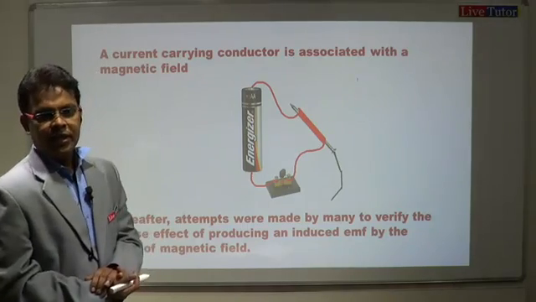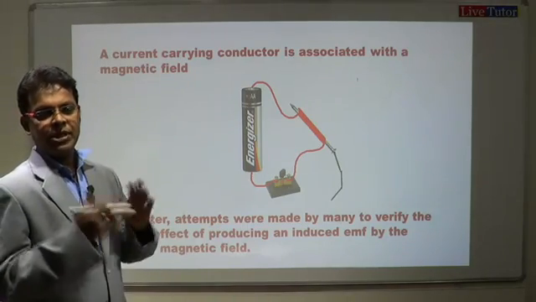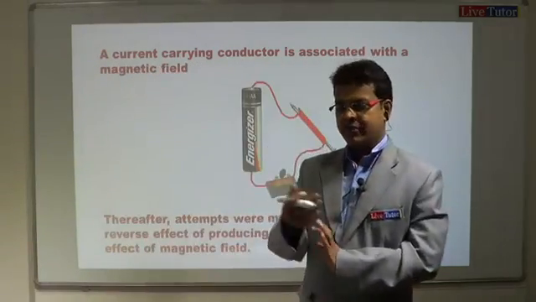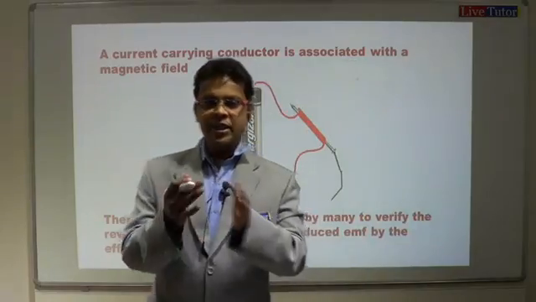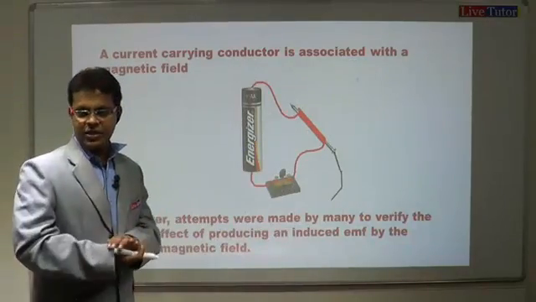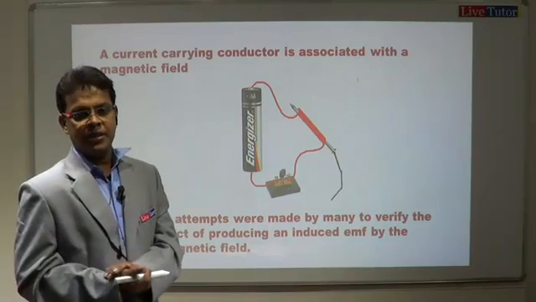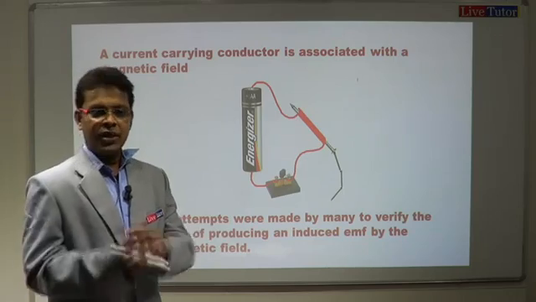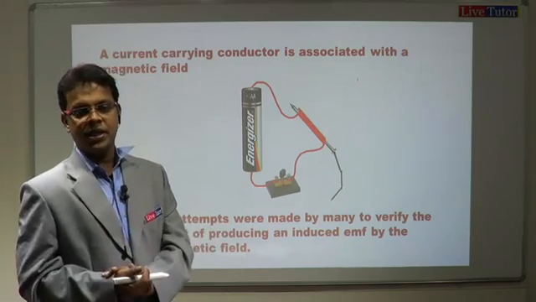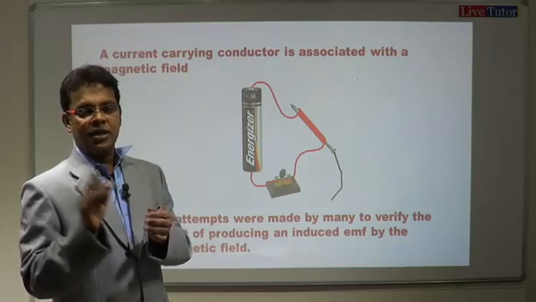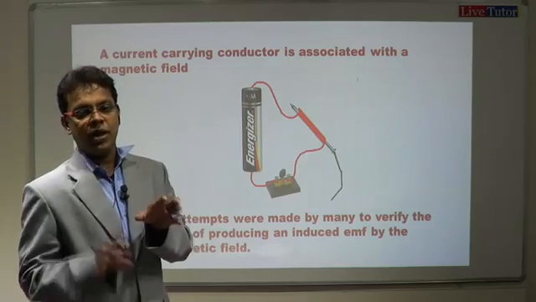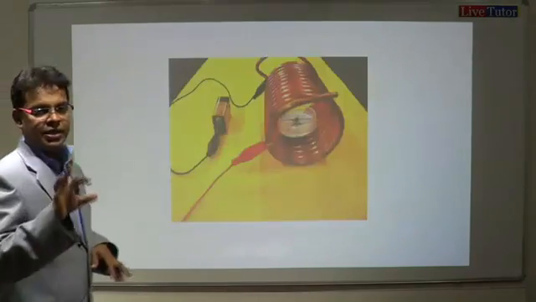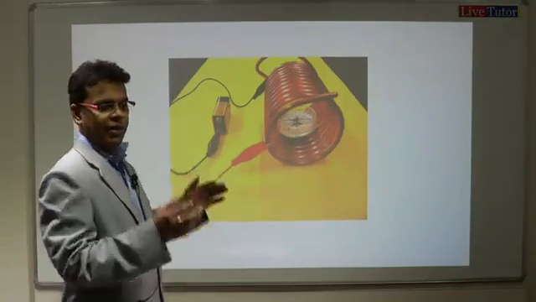After that, many attempts and many experiments were made to verify the reverse effect, because already we have seen in the third lesson, whenever we see any effect like Thomson effect or Seebeck effect, all are reversible, isn't it? Generally we know that if there is any action, we will try to find out the reaction. If there is a reaction, we will try to find out the action. Like this, if there is a result, we will try to see what is the cause for that. In the same way, if a current carrying conductor is kept in the magnetic field,